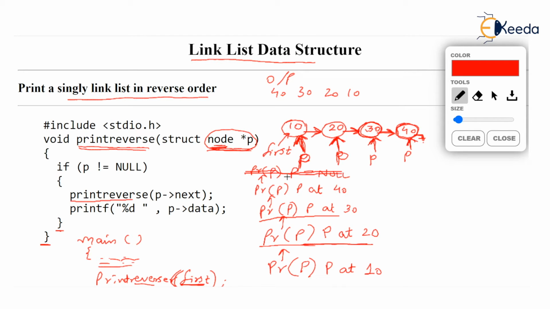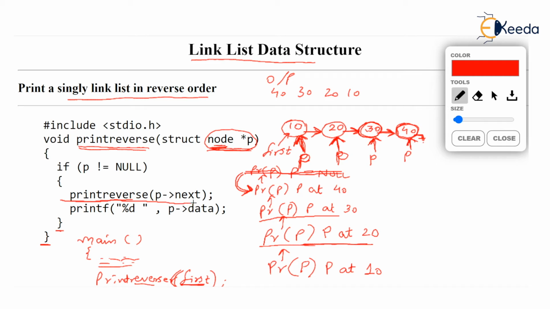Whenever the function ends, you know that the calling function resumes. So the calling function print reverse p with p at 40 resumes. It seems that we were at null, and we have come back to the function which was running for 40 with p at 40. So obviously when the function print reverse p with p at 40 resumes, it will resume doing its work. So what was print reverse p with p at 40 doing last time? It was doing this line. You watch print reverse p arrow next, it was doing this line, isn't it?